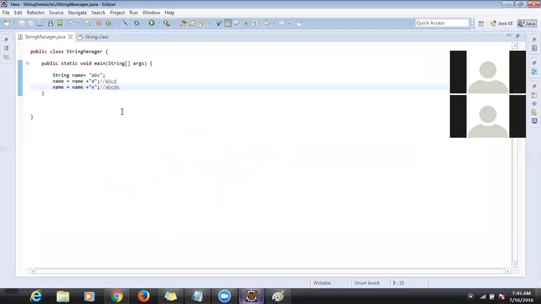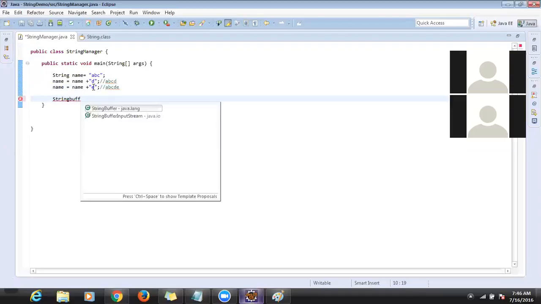Okay. So in this case, the performance will reduce, right? Every time it keeps creating objects. Even if you're adding one single character, it drops the existing object and recreates an object again, right? Yeah. If you look at the whole picture, the performance will decrease. So how do we solve this problem? To solve this problem, we have another class called